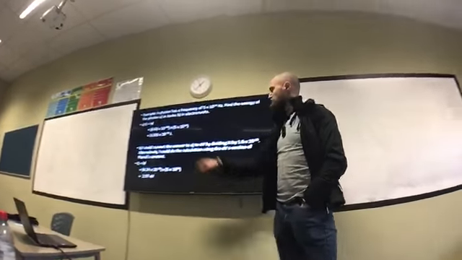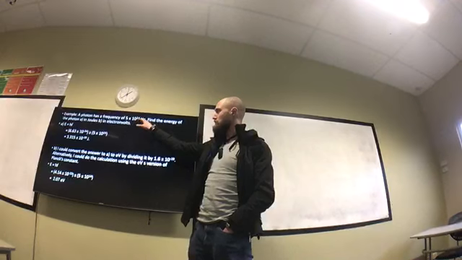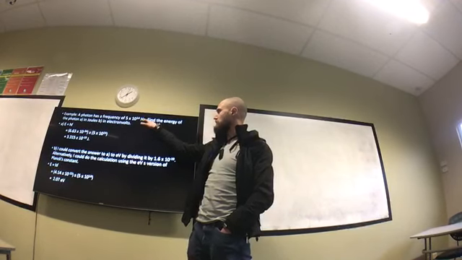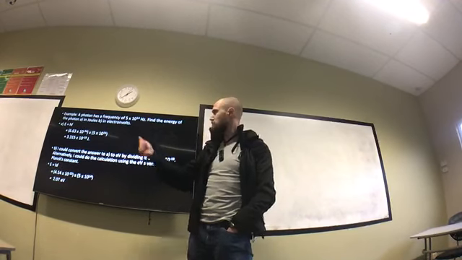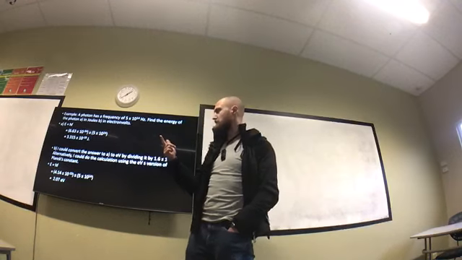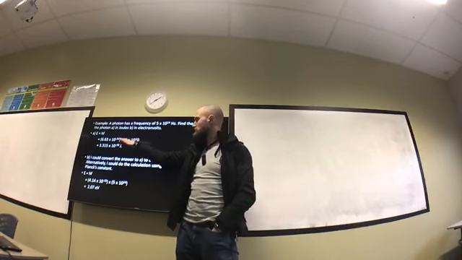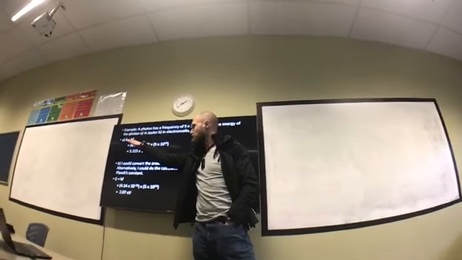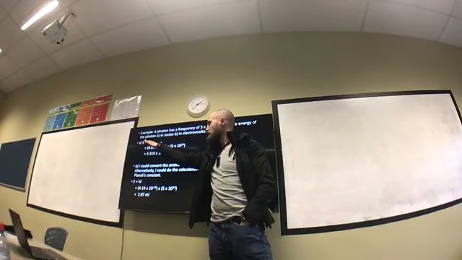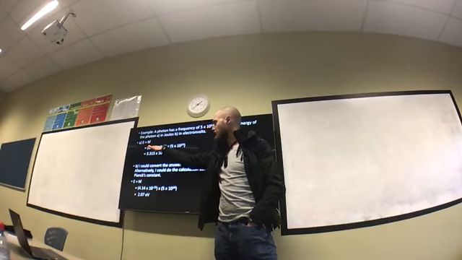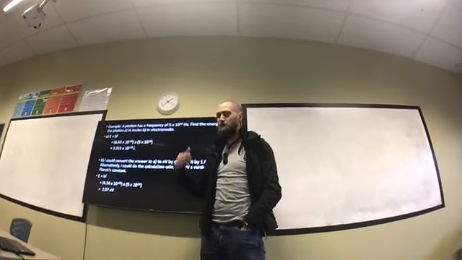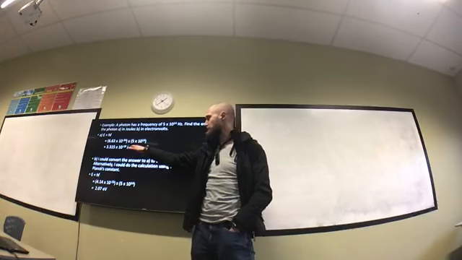Okay, so basic example. You've got a photon, it's got a frequency of 514 hertz, and you want to find the energy of that photon A in joules and B in electron volts. So for the first one, I'm going to find its energy in joules by using the equation of a photon's energy from before, E equals hf. I've got my h, I've got my f, I multiply those two things together